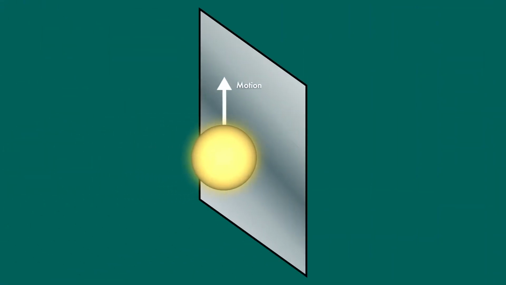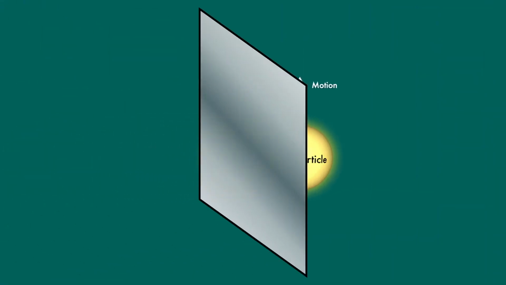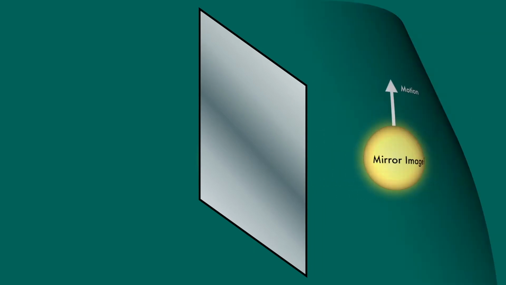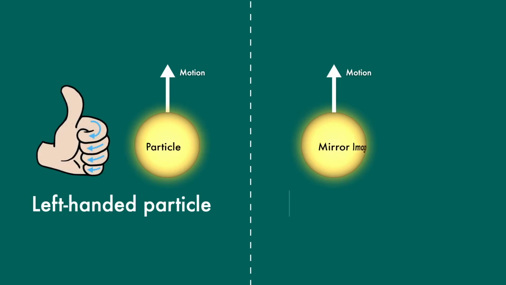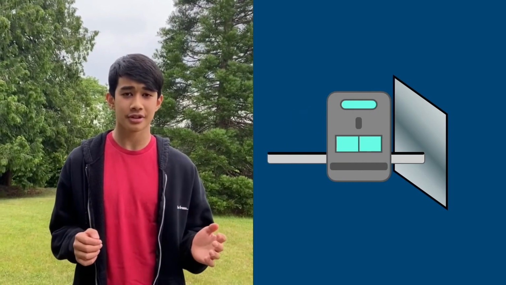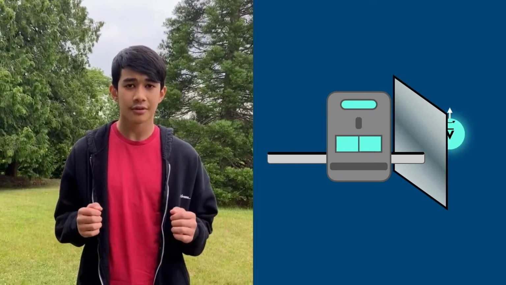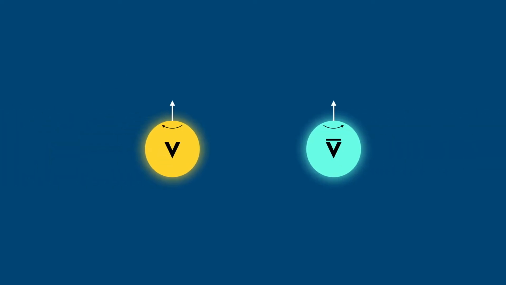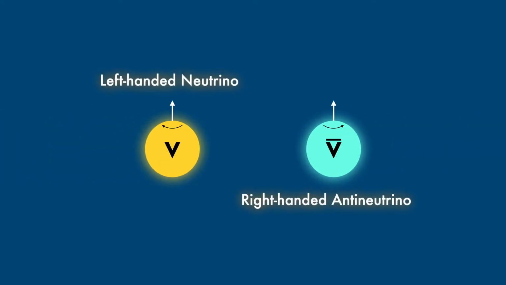Next is parity inversion. We can think of it as reflecting a particle through a mirror and then replacing the particle with its mirror image copy. To differentiate the two, we can characterize the particles as being either left-handed or right-handed. So say you take a left-handed neutrino and have it undergo both charge conjugation and parity inversion. The result is a right-handed antineutrino. In order for CP symmetry to be violated, these two particles must behave differently,